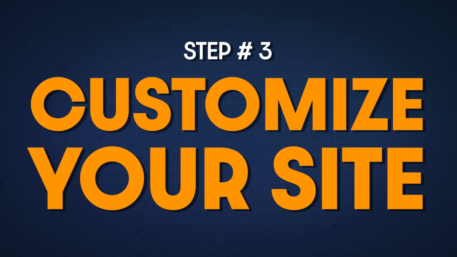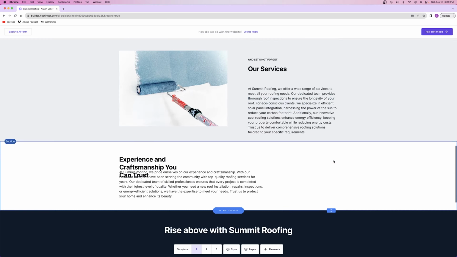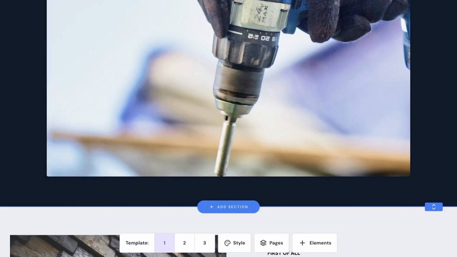All right, friends, step number 3 is customizing the website that was just created for you using AI. You're looking at a live preview of the website that AI just created for you. You can scroll through the entire website like this, and you can also check out the other 2 pages as well. Down at the bottom of your screen, you'll notice the menu options that you can use to make changes